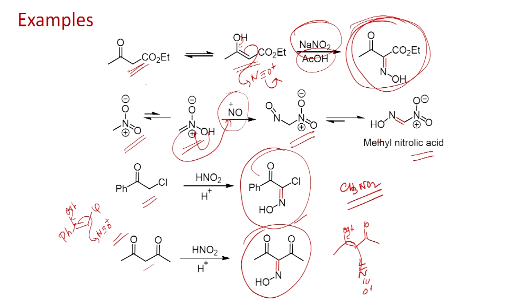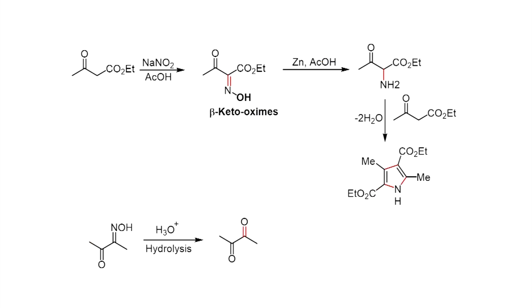So, if you look at all these reactions, they involve enol as the nucleophile. You have to carry out the reaction in acidic medium, so that the addition reaction can be efficiently carried out. The next example involves, as we have just seen, the reaction of ethyl acetoacetate with NaNO2 in acetic acid, and it can readily undergo a reaction where NO is the electrophile, this acts as a nucleophile, and once we have this oxime